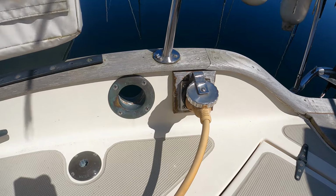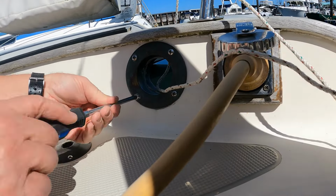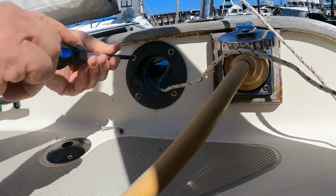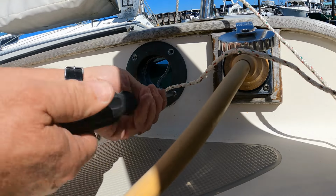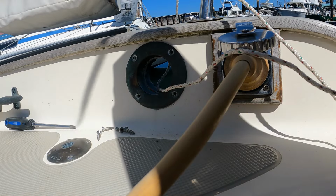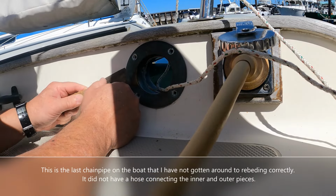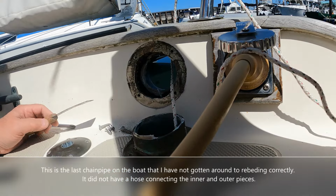Starwhite's starboard aft hawspipe has started leaking. This is the only hawspipe on the boat that I had not gotten around to rebedding. It was a low priority because when it did leak, it simply dripped into the bilge. Now,